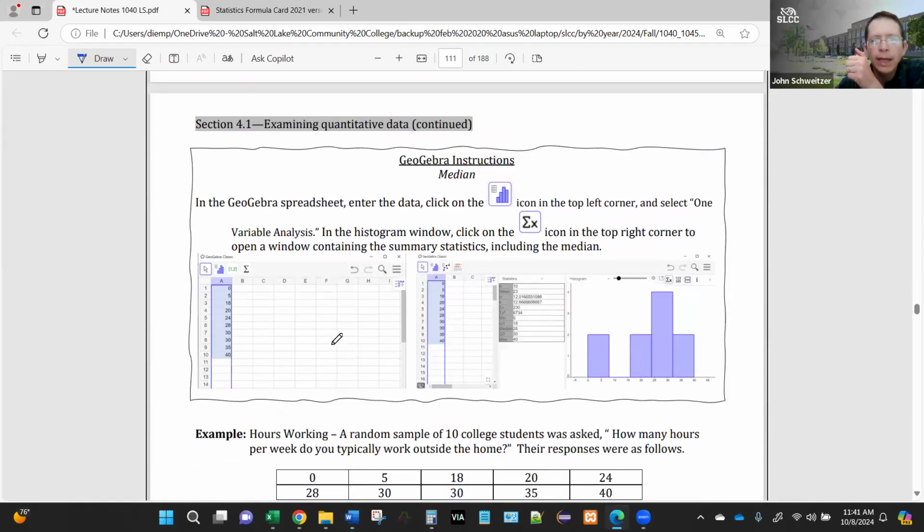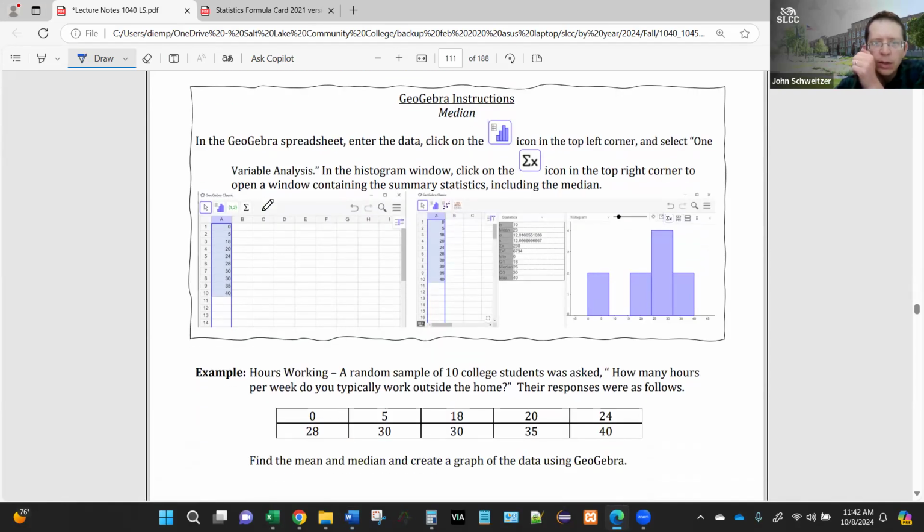So we know how to calculate it by hand. It's actually very easy. You just put it in order and you pull the data out. Let's talk about how to use software for this. So go ahead and fire up GeoGebra, and I'll show you how to find all of these common statistics very quickly with software. And so we have an example data set here where we've asked 10 college students, how many hours per week do you work